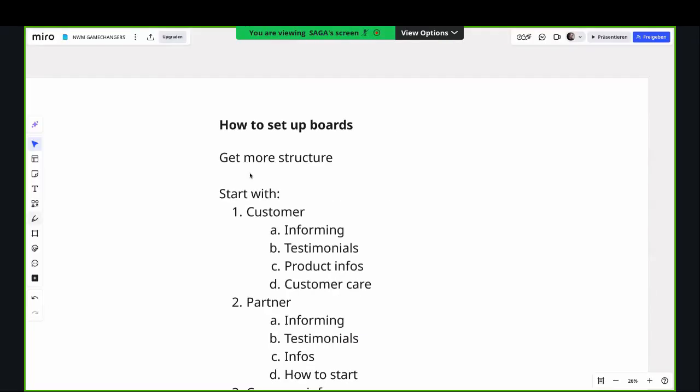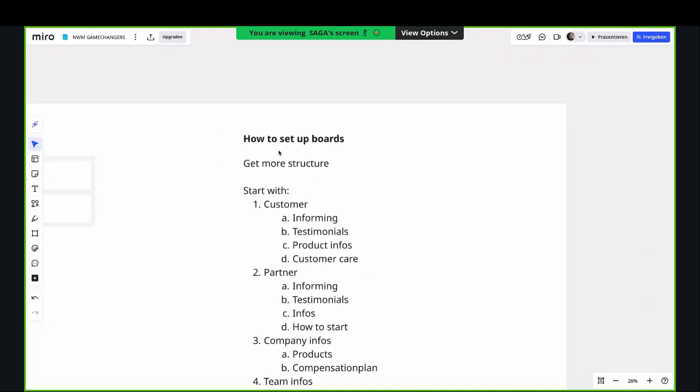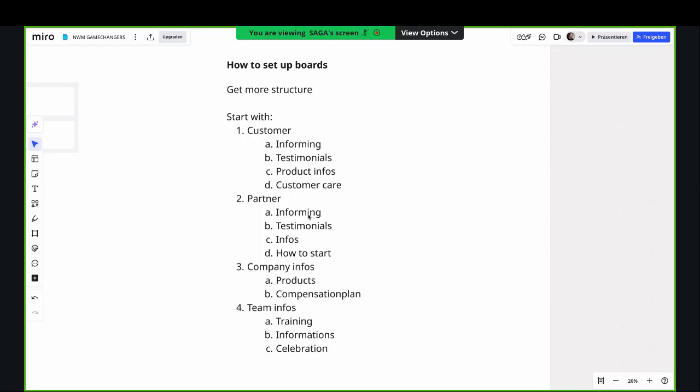So the cool one here is, some of you are super structured, others say, I'm a little bit more chaotic. That's no problem, I'm also more chaotic. But here are some ideas how you can set up your own boards. If you go in here to set up boards, here's a small structure how you could structure your own boards